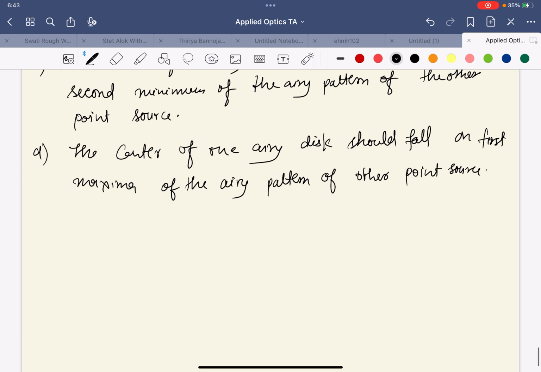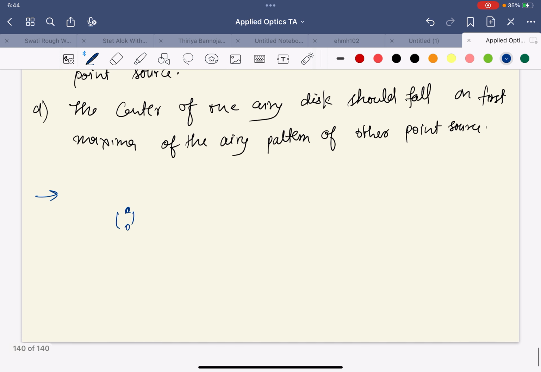So as you know the definition of the Rayleigh criterion, this Rayleigh criterion provides us the criteria for resolving two closely spaced objects, particularly when viewed through an optical system like a telescope, microscope or camera. According to the Rayleigh criterion, these 2 point sources are considered just resolved, right? So these two are just resolved. This is given by the Rayleigh criterion.